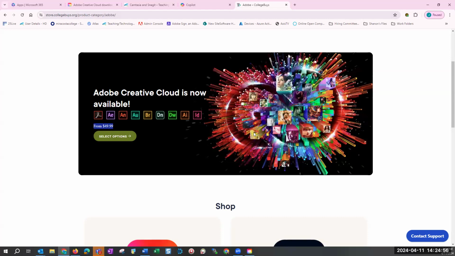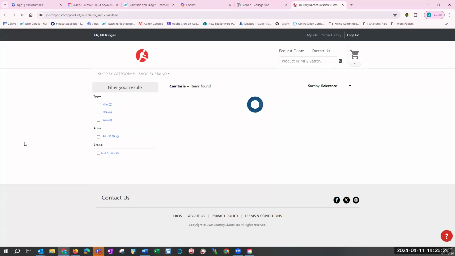I think I'm grasping at straws here, but right around 30. So if you get 6 months for $49.99, that's totally worth it. And you get all the Adobe products. And Camtasia, you can also purchase. I think that's from Journey Ed though. Yeah, that's from Journey Ed.